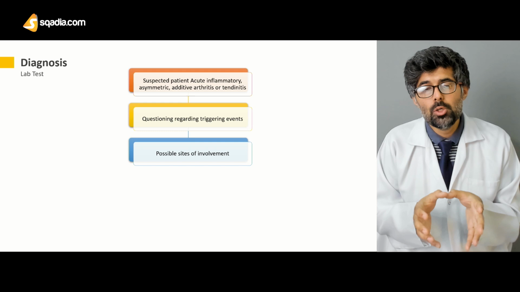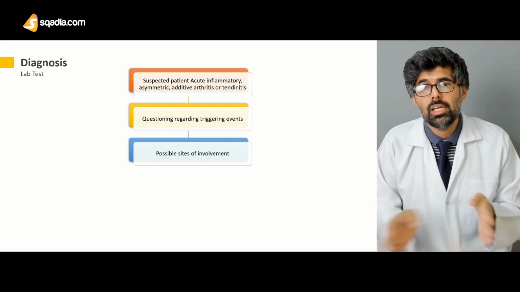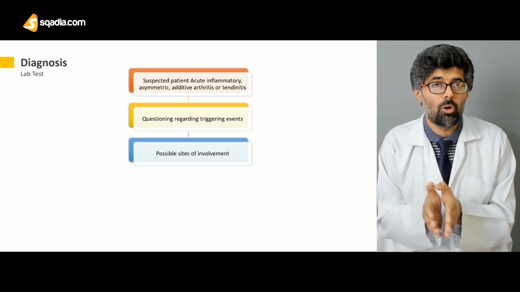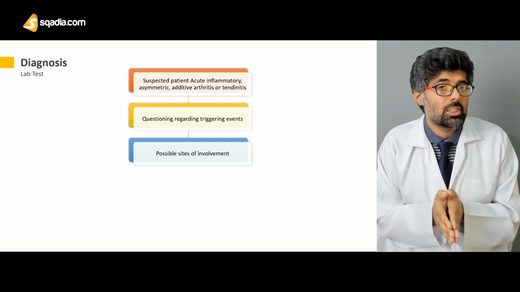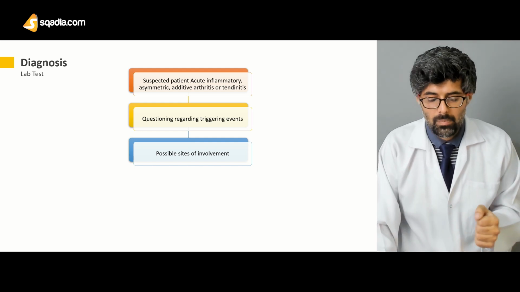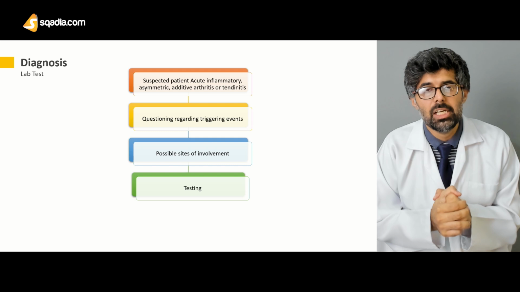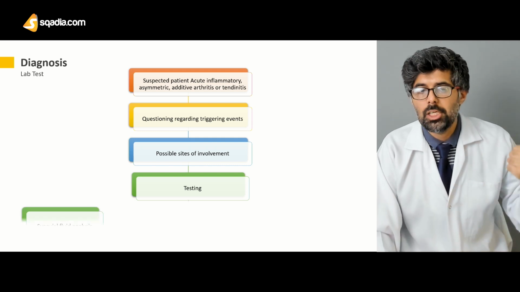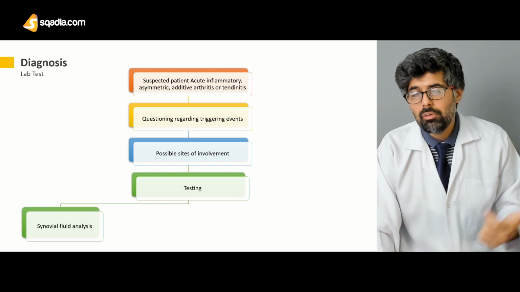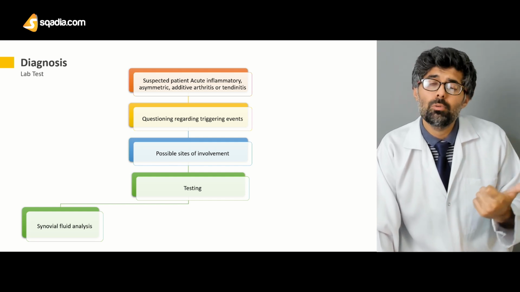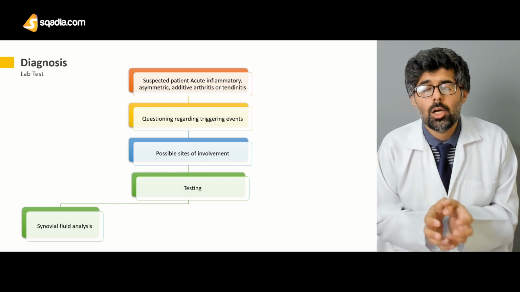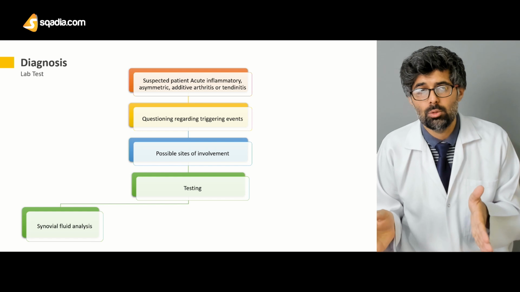Next, whenever you have a complete set of history and a complete set of physical exam, you have possible sites of involvement. Now, these possible sites of involvement are then further investigated. They can be investigated by synovial fluid analysis. In reactive arthritis, synovial fluid analysis usually does not give you any indication towards the diagnosis, because